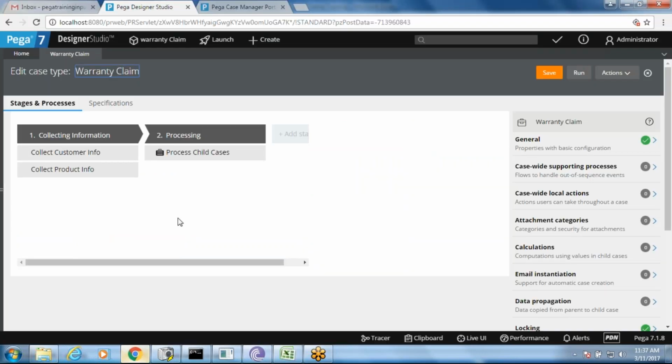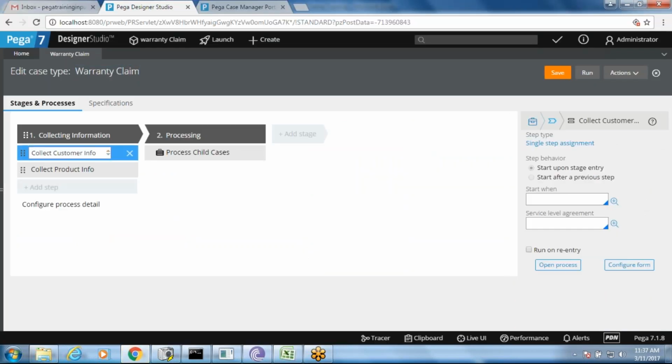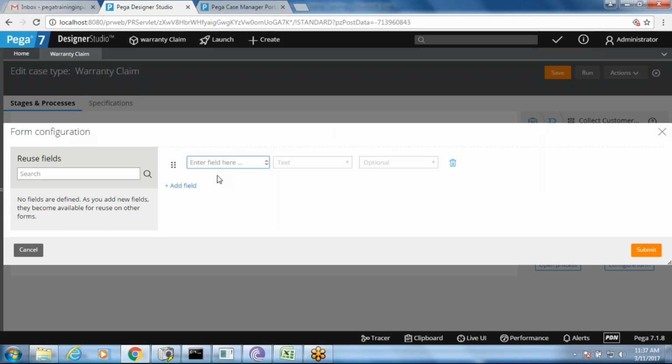So now we're going to design pages. Pages are nothing but objects, right? And an object has a class, and the class contains multiple properties. Here, what we're going to do? We're going to design the collect customer info form. So let's configure it. Customer info. Customer,